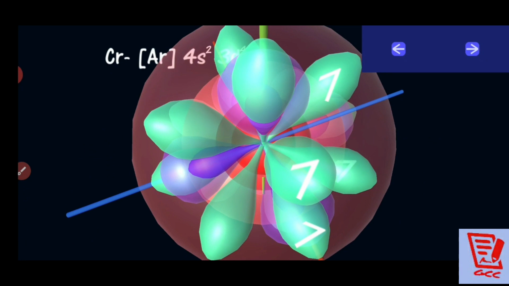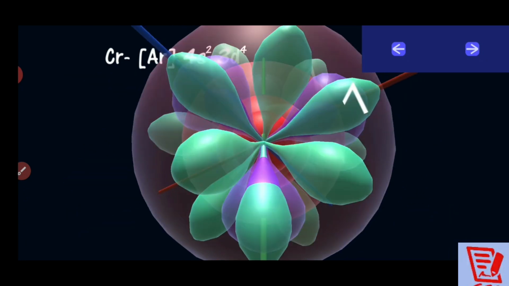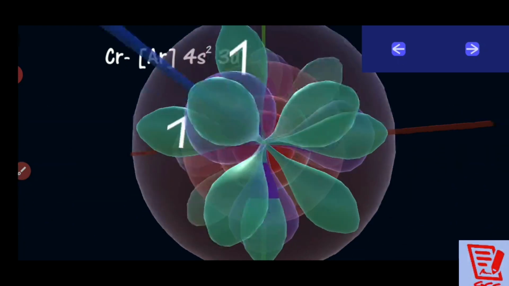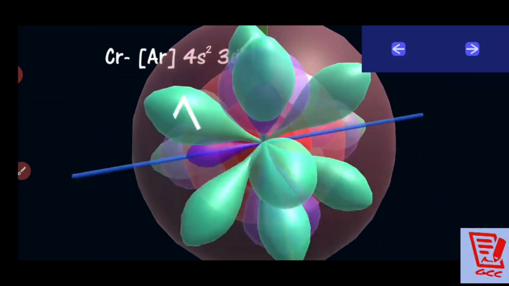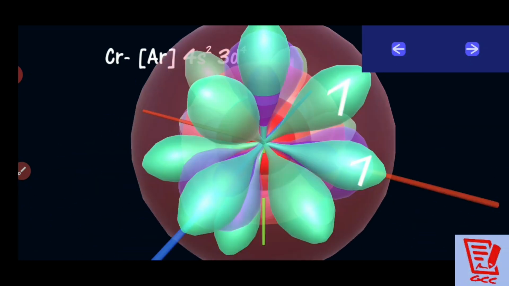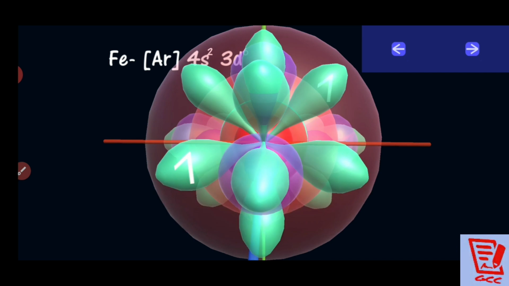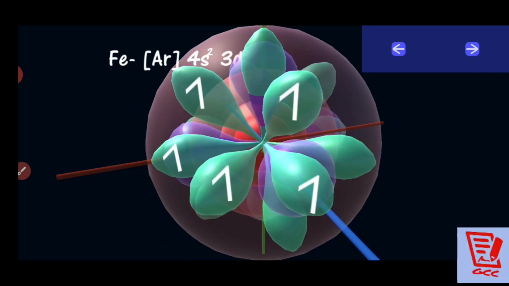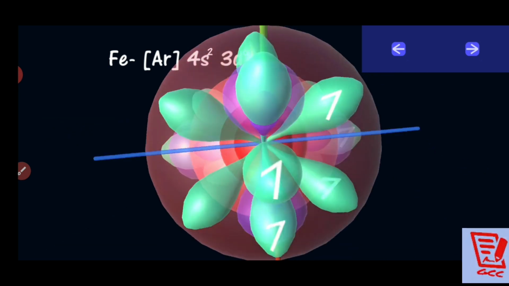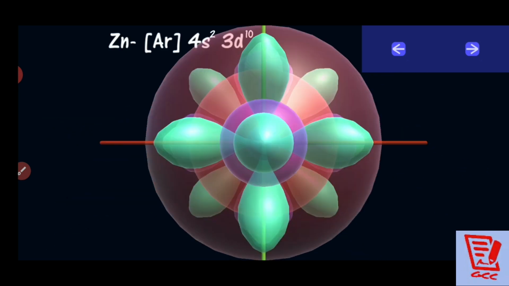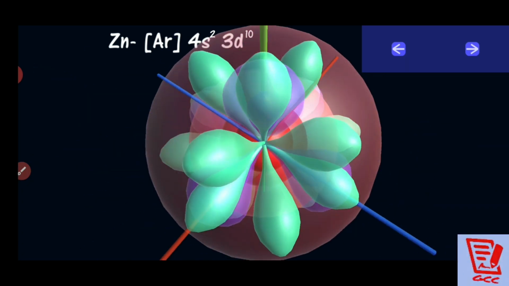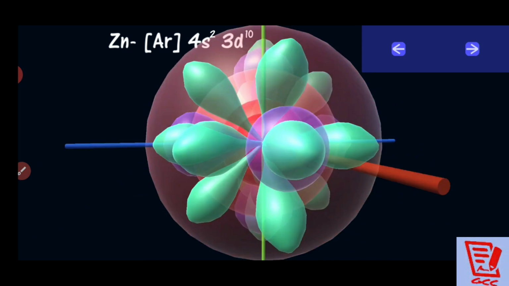अब देखो 3d में कितने इलेक्ट्रॉन हैं, 4. प्लीज सी द शेप वेरी केयरफुली. अगेन व्हाट आर ब्यूटीफुल, s p d all the orbitals are there. Same way, next one you see iron. There we put, see how many electrons, 3d6. Same way you can see zinc. All orbitals are fully filled.